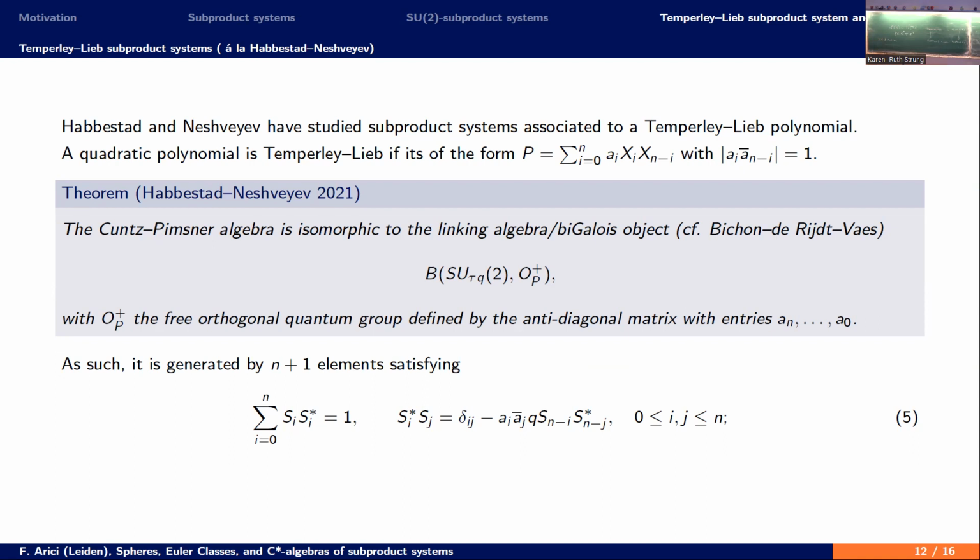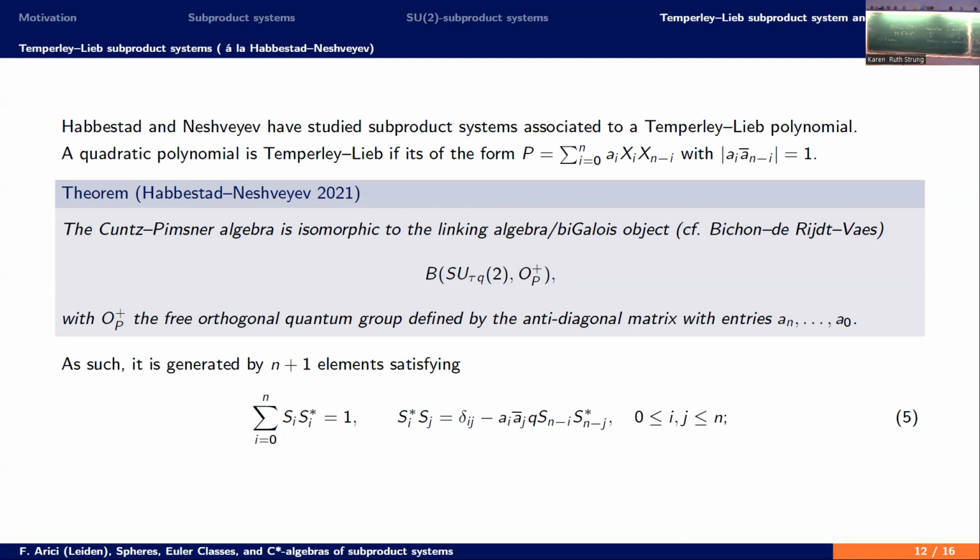And they proved that the Cuntz-Pimsner algebra is isomorphic to a linking algebra, or if you want, a bi-Galois object. It's not a linking algebra. Well, it is kind of, but it's not the usual linking algebra. It's something that comes from representation theory of quantum groups. And this is the linking algebra of SU_τ(2) and O_Q^+, where τ is a parameter that depends on the a_i's, and O^+ is the free orthogonal group that comes from that matrix. This has consequences for the description of the Cuntz-Pimsner algebra, so it tells you what the elements